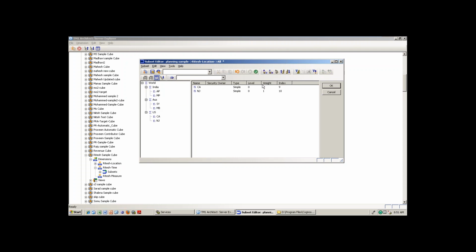If you do the sorting, see M will come. So hierarchy means it will take you into the proper mode. So you mean to say if we have more than 100 members at leaf level, then we have to drag them manually, but it will be sorted automatically by using the hierarchy sort.